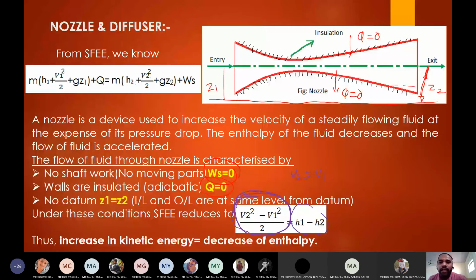Right, so in a nozzle the velocity is increased by using its enthalpy, by decreasing its pressure, because in enthalpy itself we have U plus PV, pressure terms are there. H is equal to U plus PV, right? So enthalpy drop is taking place along the length of the nozzle. Enthalpy drop is nothing but pressure going to decrease. When pressure decreases, velocity increases. This is the application of the steady flow energy equation to the nozzle. Is it clear?